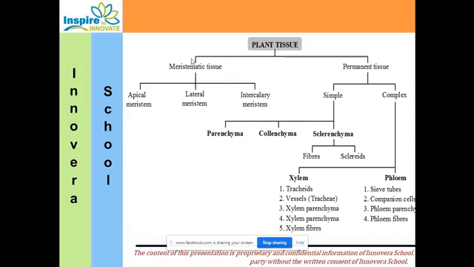Further, you can see how I have done the flow chart, the tree diagram, for the same. If you have this tree diagram in front of you, it will be easy for you to identify and put them into specific groups. Okay, children? This table is very, very important.